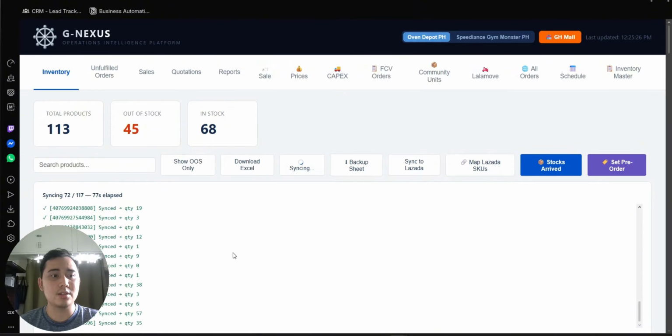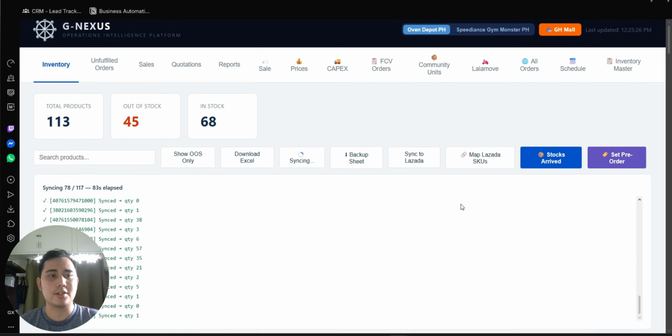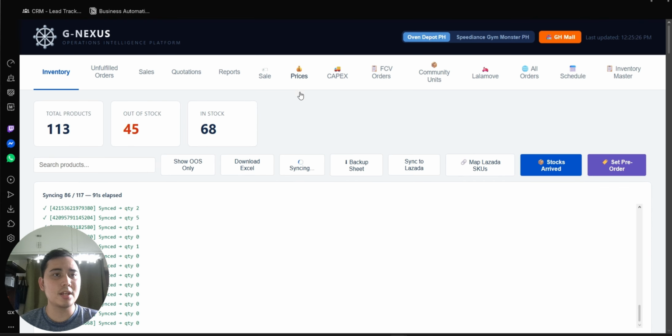Once it's done syncing, we can double check if the item is synchronized. While it's syncing, I'll also show you some of the features.